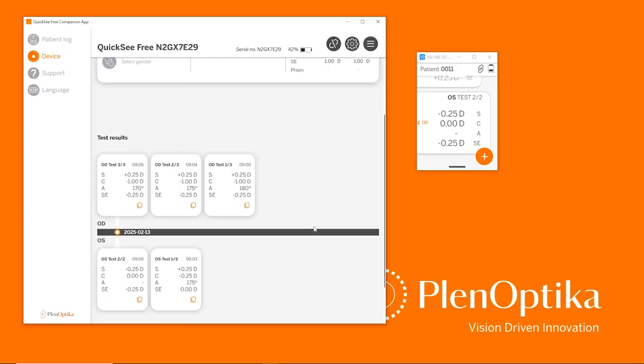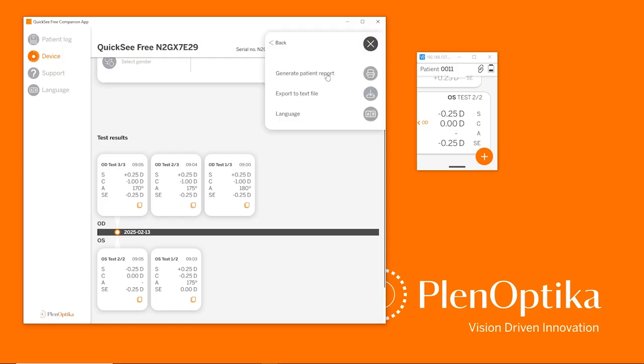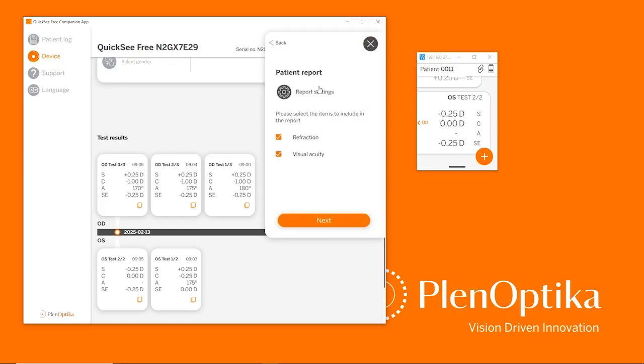The Companion app lets you print a visual exam report for your patients, demonstrating the potential improvement for vision correction. To do so, in the top menu bar, we click on Generate Patient Report. Here we can select the section and manage the report settings. For example, we can enter the store name, the store logo, for example the Plenoptica logo, and we can choose